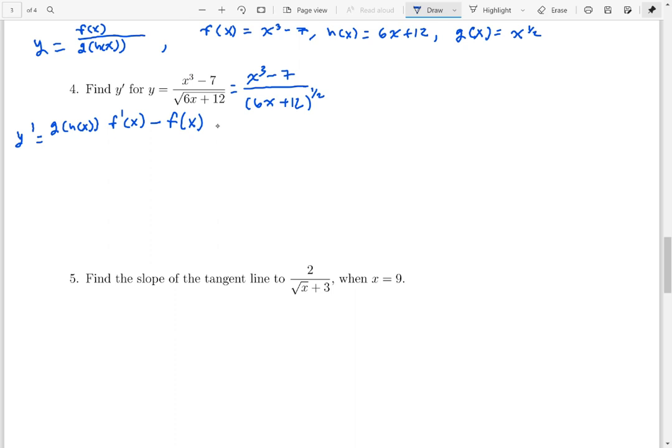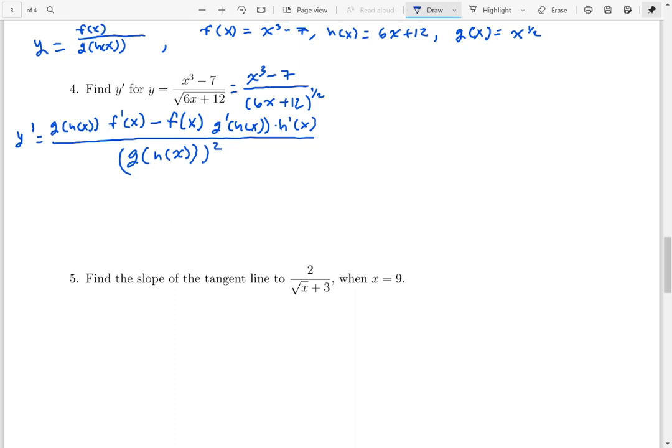Then via the chain rule, that would be g prime of h of x times h prime of x because of the chain rule. But then that's all divided by g of h of x